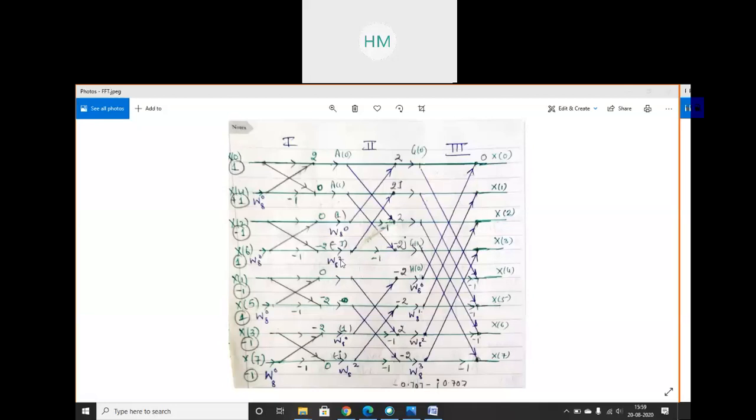And draw a very broad diagram. Leave 3 lines spacing between individual lines, so it will become easier to understand all the values, because everything you have to plot in the FFT. No examiner will check your calculations. They will just see your FFT diagram, and if all the values are appropriate and the last answers are coming, then you will get full marks. But for your simplification, you have to do all the calculations.